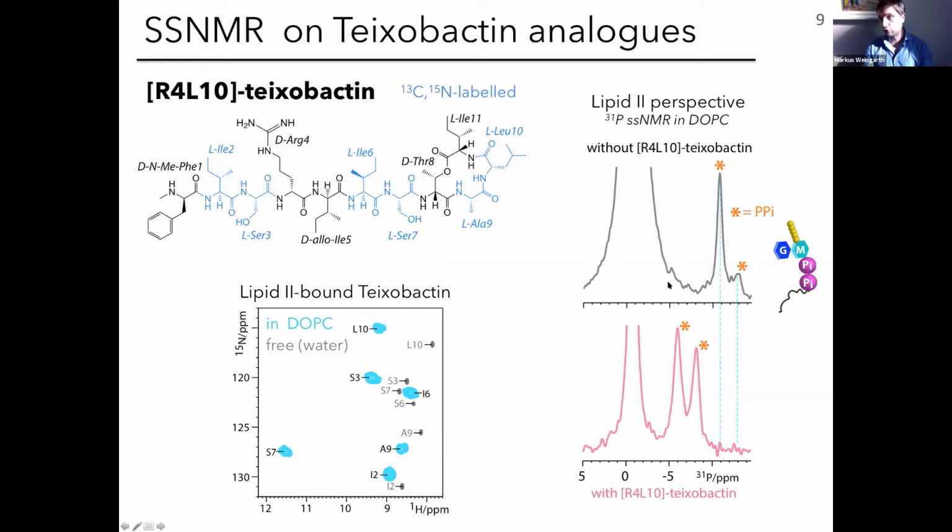membranes that are doped with lipid 2 in the absence of tioxobactin. The big signal relates to the bulk lipids and the two smaller signals to the two phosphate groups of the pyrophosphate. Once we add tioxobactin, we observe a massive signal shift for the pyrophosphate, which confirms that we look at the complex. Now, with the complex being established, our first question was, what is the secondary structure of tioxobactin in